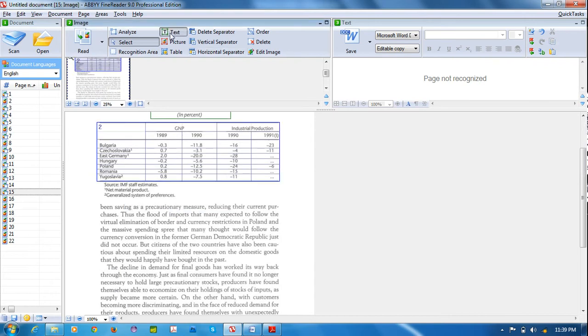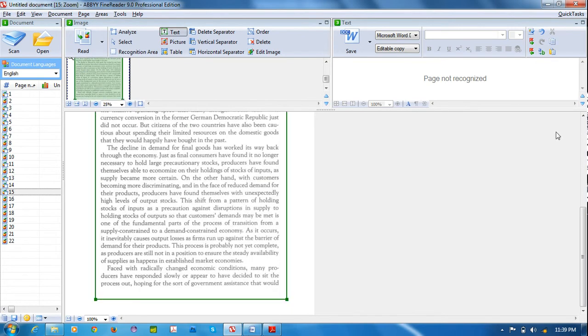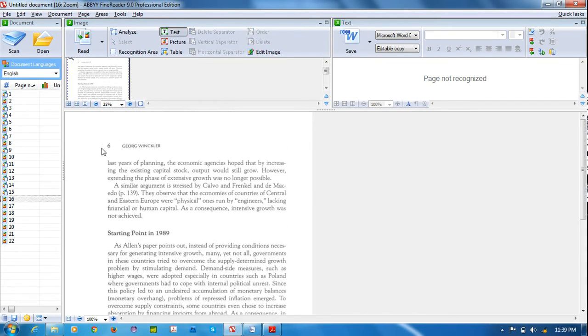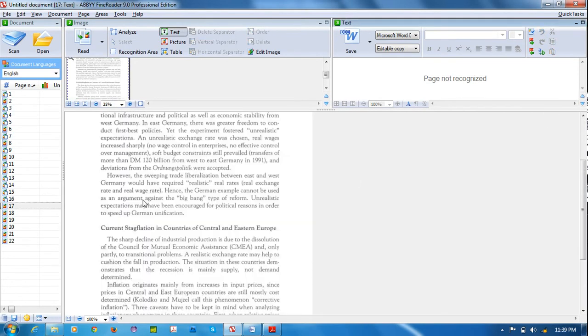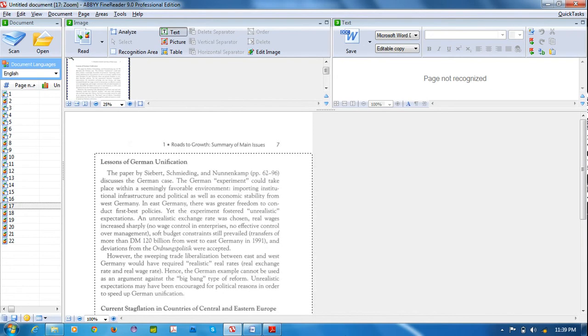This is normal text again. From here onwards, normal text. Click Next. No need to zone page numbers, headers and footers.